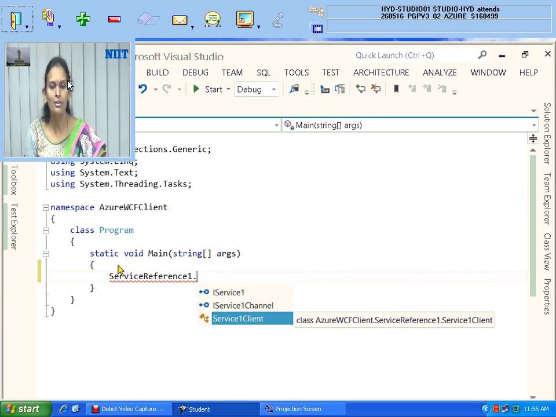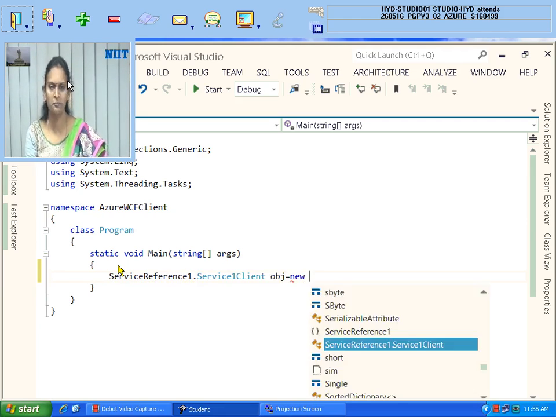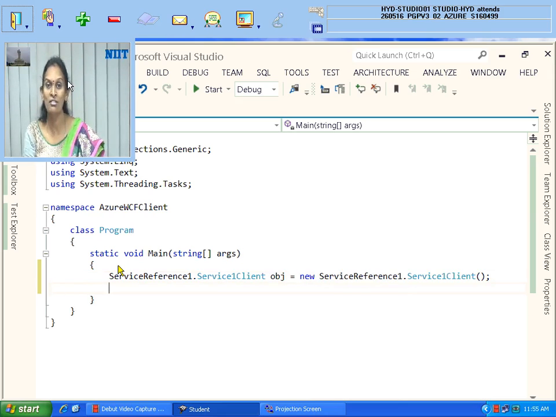That is the one for which you create the object. This is the same as usual, but the service is coming from the Azure portal, not from your local computer. So internet is mandatory. If you disconnect the internet, you can't get it. So obj dot